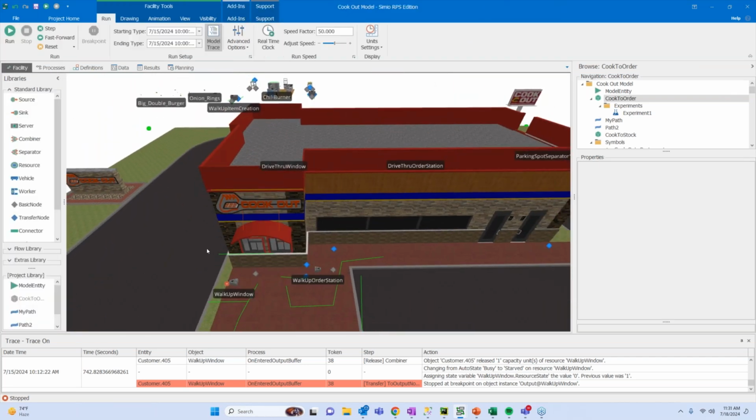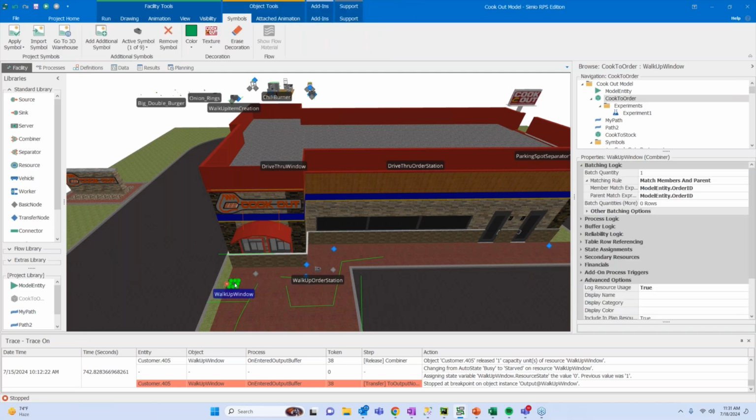But now we need to make sure that when these orders are being fulfilled in the kitchen, that they get paired back with the proper parent. So in this given case, this is where we would start to think about matching members and parents. As we generate a member that is an order combination, so combination 21, that has an identifier, and that parent also takes on that identifier. And that's when we want to make sure that the right member matches up with the right parent.